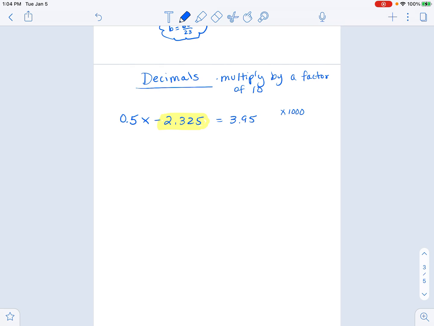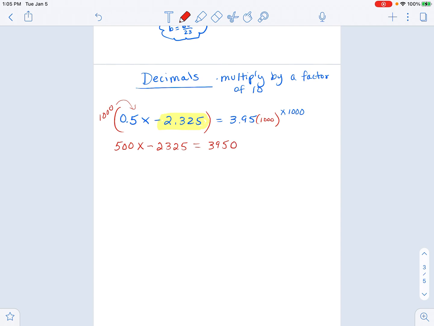each of the terms. So I'm going to go ahead and multiply both sides of this equation by 1,000. All right, so multiply it by 1,000. And what that does is it moves my decimal point over in each of the terms 3 places to the right. So when I multiply 0.5 by 1,000, I get 500. And when I multiply 2.325 by 1,000, I get 2,325. And lastly, when I multiply 3.95 by 1,000, I get